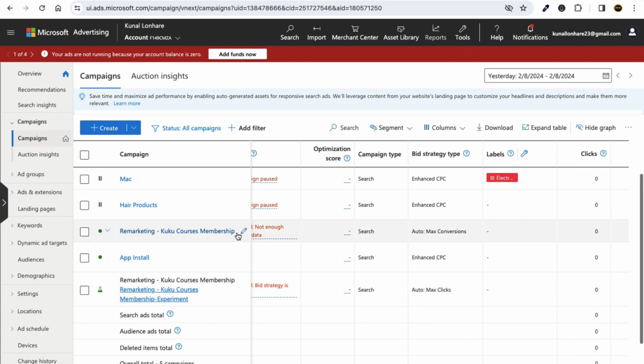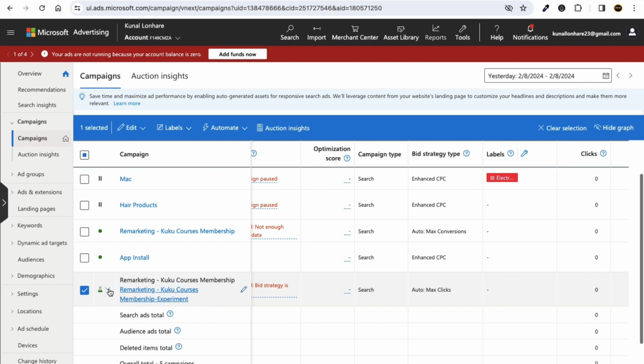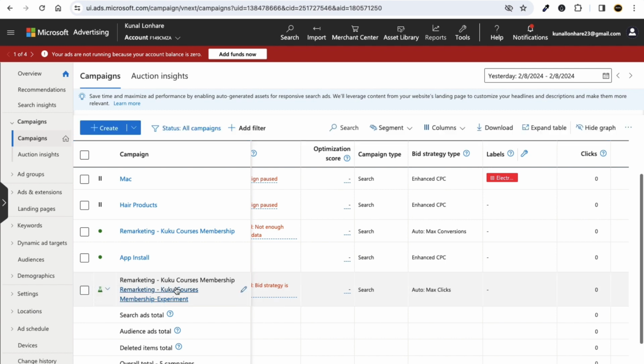So I suggest you guys run this for at least 15 days, both the experiment campaigns, and after 15 days you see the performance which is giving you the best result, and whichever campaign gives you the best result. For example, if our original is giving the best result as compared to the experiment, you can just pause this experiment one after 15 days, okay. So this is how you guys can experiment, by the way, okay. So this is the functionality which you guys can use,